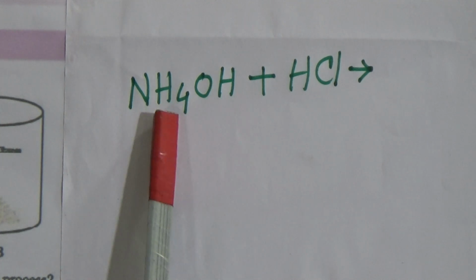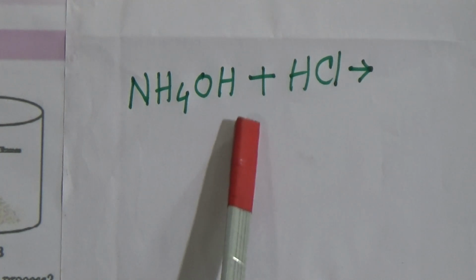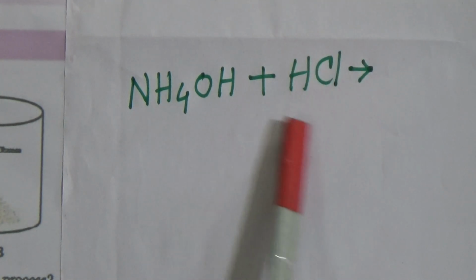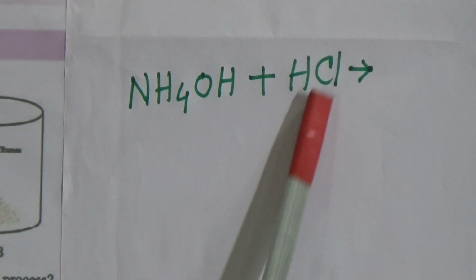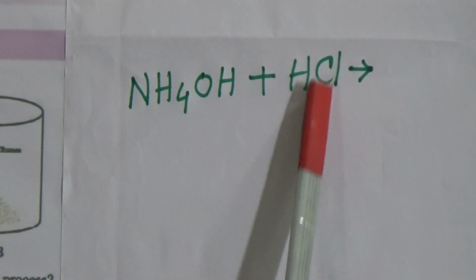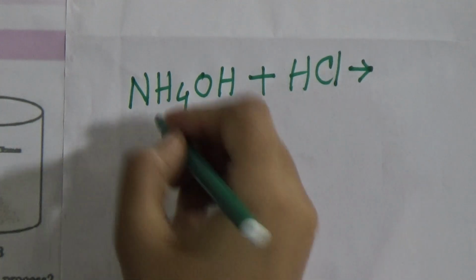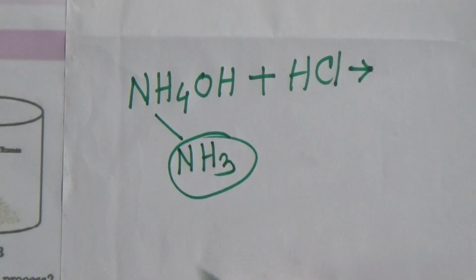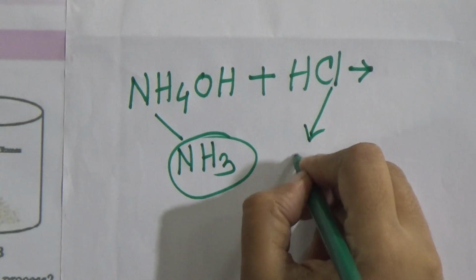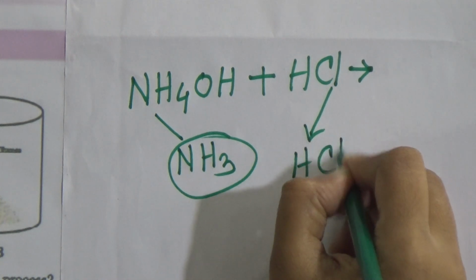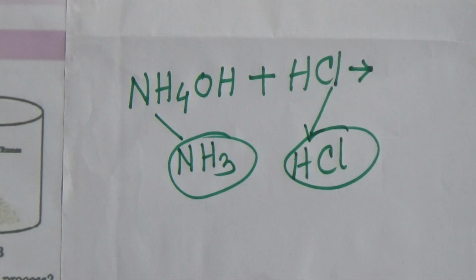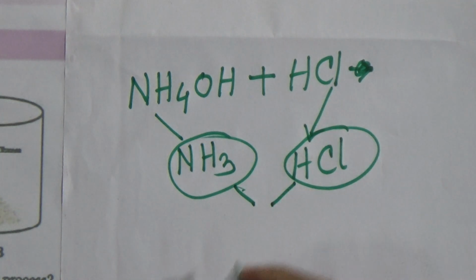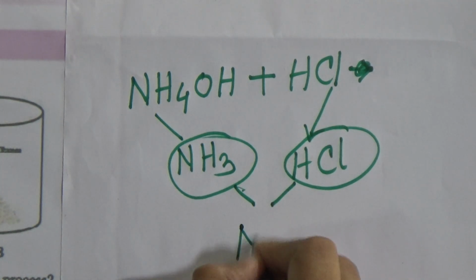From the ammonium hydroxide, ammonia gas evaporates and diffuses, and from the hydrochloric acid solution, hydrogen chloride gas also diffuses. That means from here ammonia gas, and from here the gaseous form of hydrochloric acid diffuses, and these join together and form